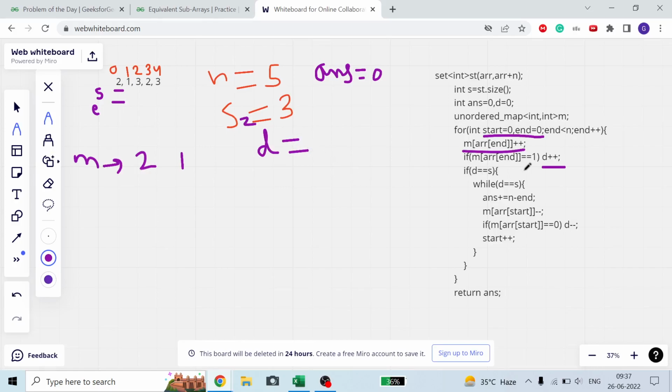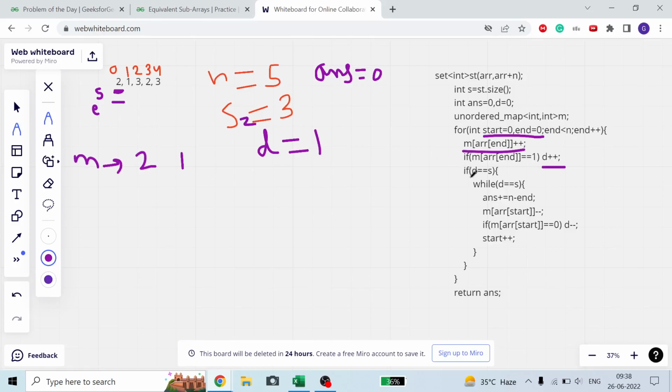So if I found the element the first time, I will increase d. So d became 1, meaning from start to end we have d different number of characters. D implies from start to end, including both of these indexes in my subarray, d is the total number of different characters included in the start to end subarray.